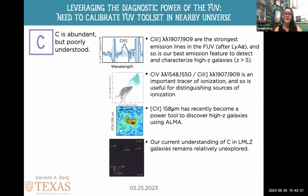So I'll first say a little something about carbon. I think carbon is becoming really, really important to us for many reasons. It's been our strongest emission line that we've observed in the far ultraviolet after Lyman alpha. So especially at higher redshifts, when we don't see Lyman alpha, this is the beacon we've looked for in a lot of galaxies. It's playing a huge role in these diagnostic diagrams. And things like carbon-2 have recently become really powerful ways to look at galaxies with ALMA in the high redshift universe. But especially in very low metallicity, low mass galaxies, we still are not really understanding what